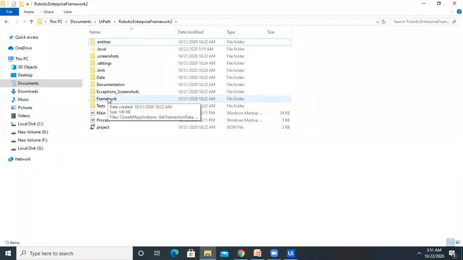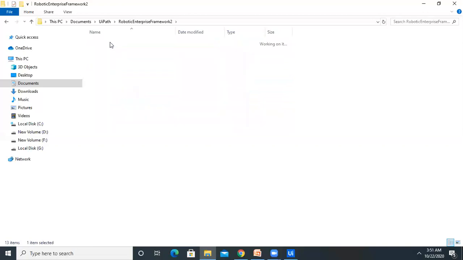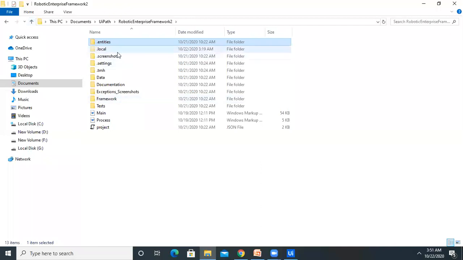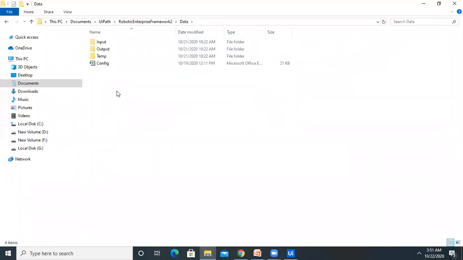As you can see here, there are entities, normally just introduced, and because of that there is no data. These are all related to the system settings and everything. Basically, from Data to the other folders are from a developer perspective, where you can get each and every piece of data. So if you open Data, you can find the config file. Let me show you the config file.